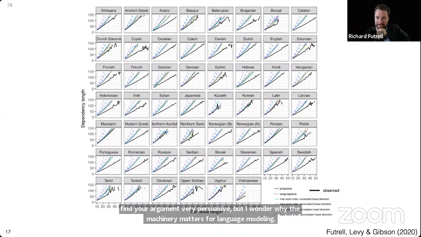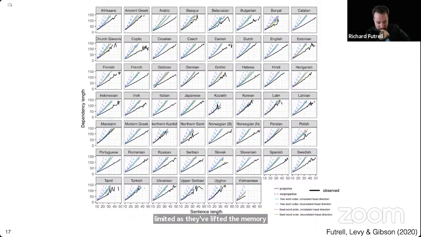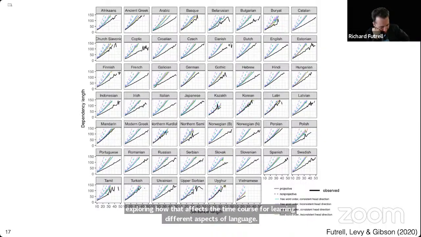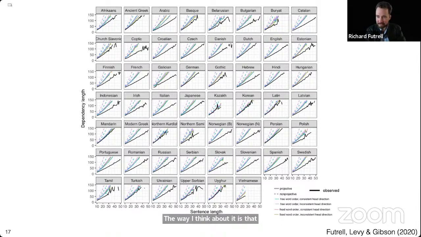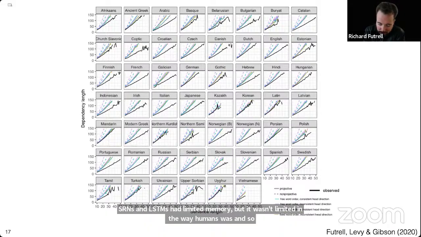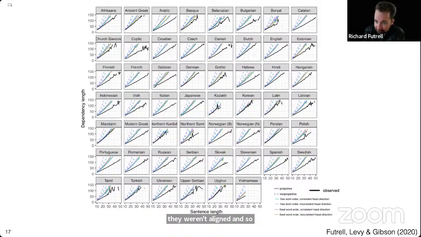That's a great point. Yeah, language models have gotten better as they've lifted the memory restrictions. And there's a ton of interesting work to be done in exploring how that affects the time course for learning different aspects of language. The way I think about it is that SRNs and LSTMs had limited memory, but it wasn't limited in the way humans' was. And so they weren't aligned. And so as those memory restrictions on the models have gone away and the models have just gotten more generally powerful,